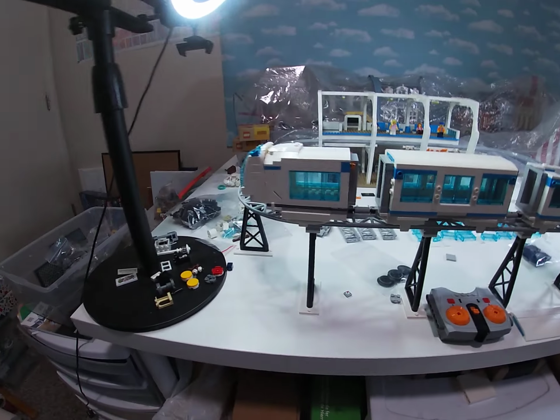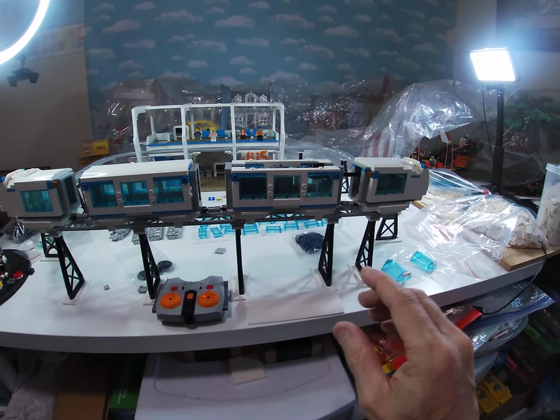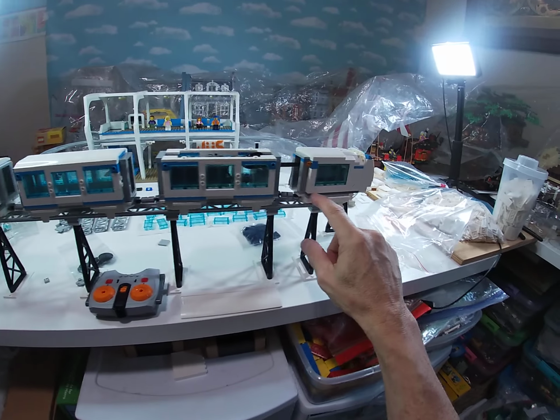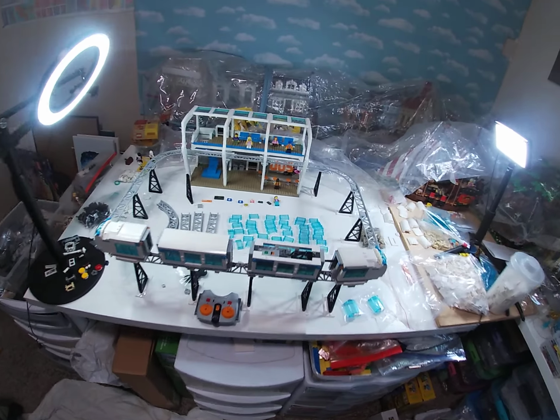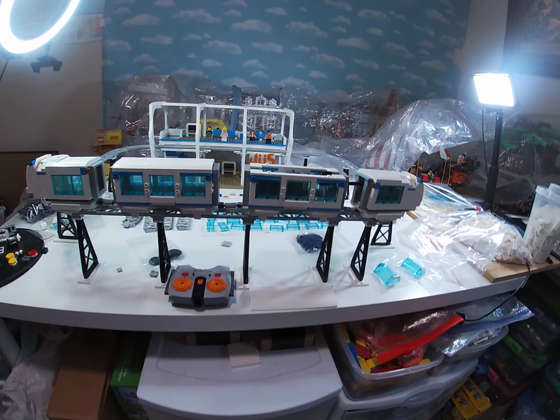Happy with that. So I think the cars, you know, they're not identical, but they're good enough. I think if I were to make any other change now, it would be to take this all apart, use dark azure here, get rid of this dark gray, and put the dark azure there. And then, of course, the other thing I learned, this is physics and science, and who would have known, but